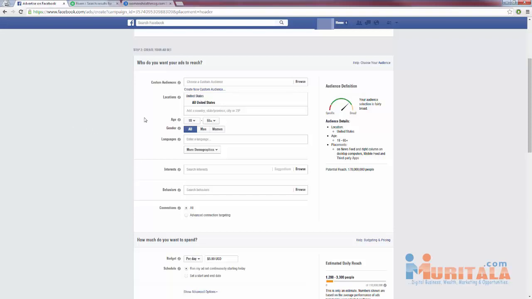For locations, we need our location, we need age, we need gender. So for example, let's say that I have a squeeze page in the weight loss niche for women. I am promoting a product that is directed towards women in the weight loss niche. So I know for a fact that for gender, I want women. But maybe I'm not sure on the countries or the age or anything like that.